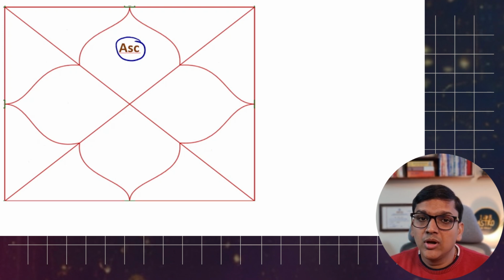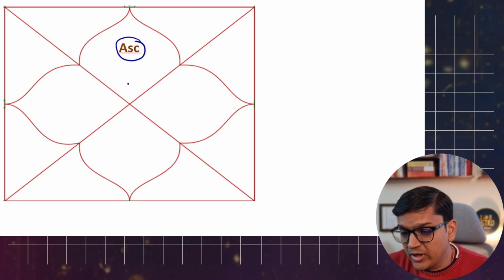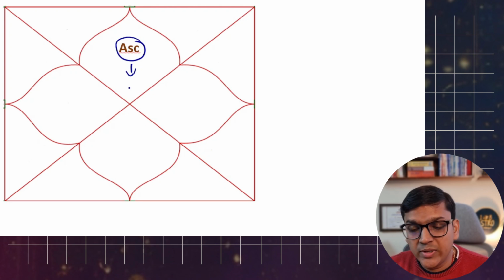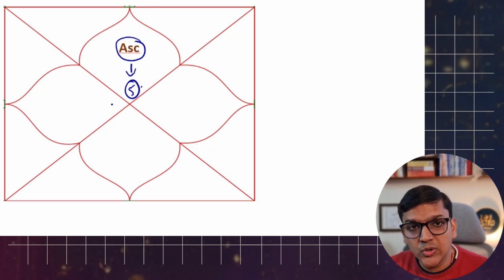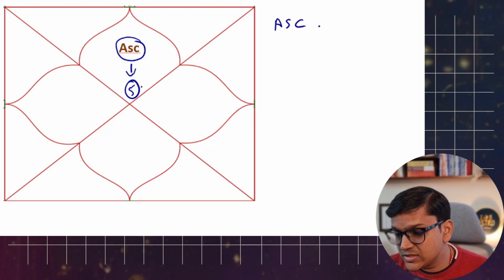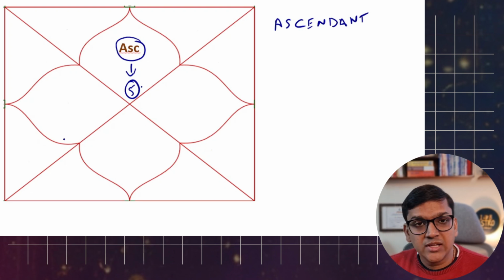You need to understand, and then we'll see what combinations are forming Rajyog that you can drill down easily into your particular horoscope. So first thing that you need to notice is what is the number that is written along with the ascendant. There will be numbers written from 1 to 12. So suppose there is number 5 written here, then it's a Leo ascendant chart, and you need to note down the ascendant. So first thing that we need to note down is the ascendant for a particular horoscope.